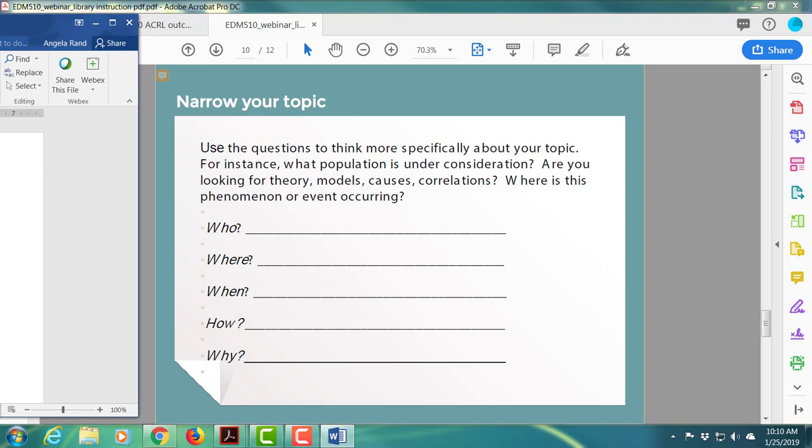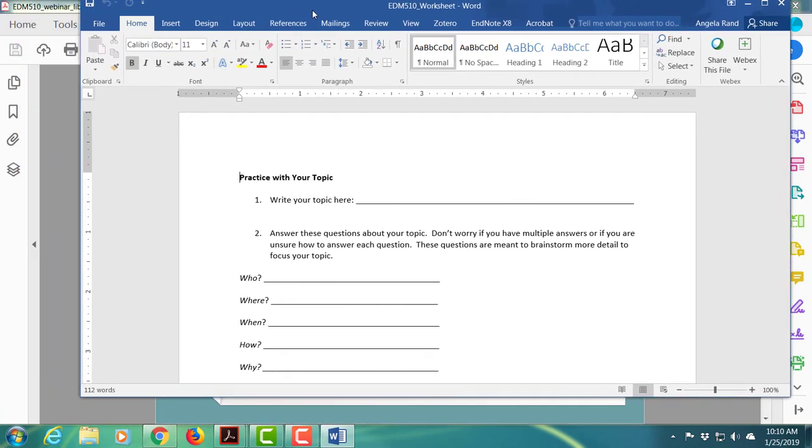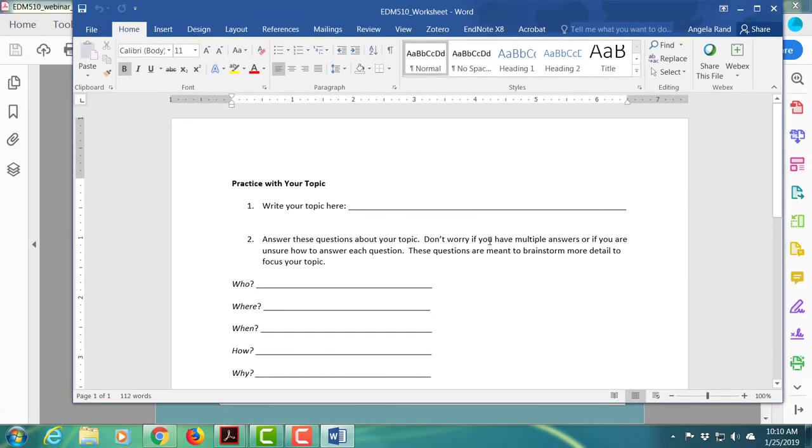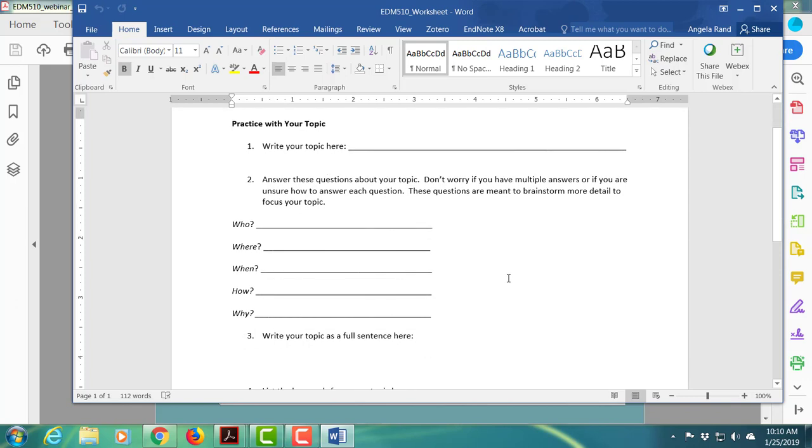So these questions are on the worksheet that you had emailed to you, and the worksheet looks like this. So it's a practice with your topic. As we work through this PowerPoint slideshow and doing the actual searches, you can write your topic here and then start just taking notes on this sheet of paper. I would suggest that you do open it up either in a Word document and write on it, or print it out and write on it in pencil,